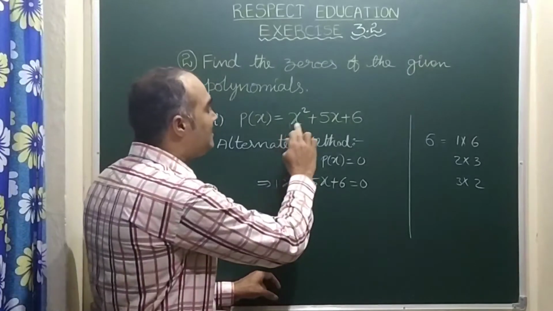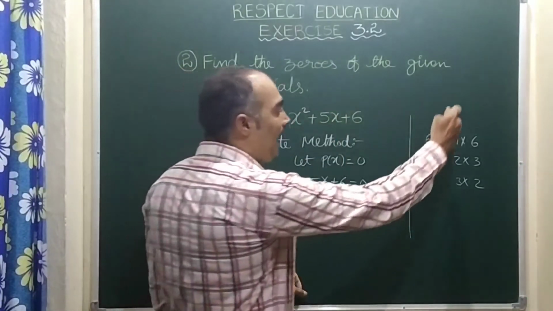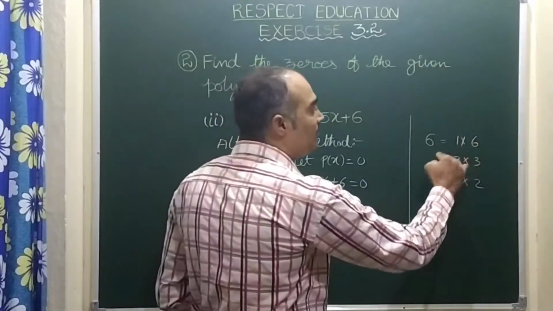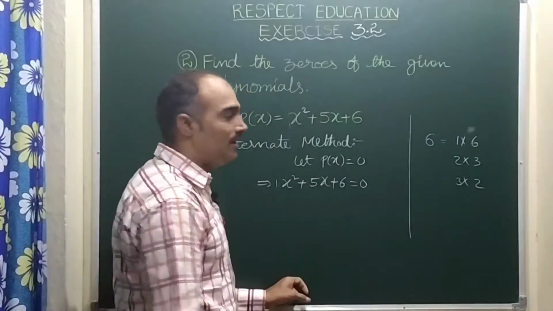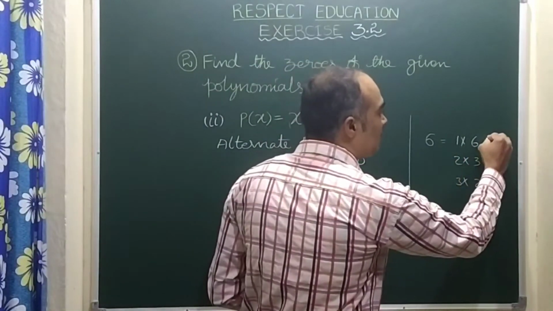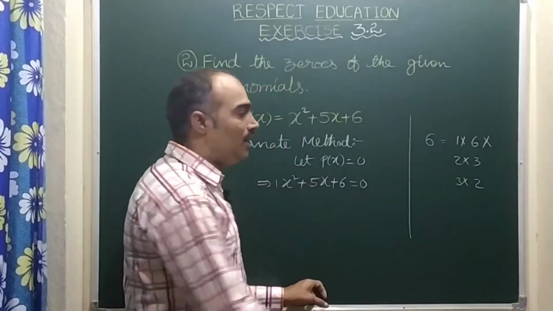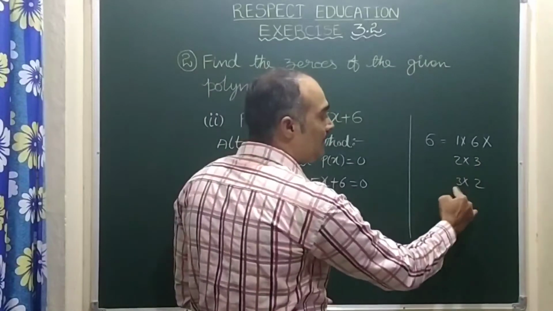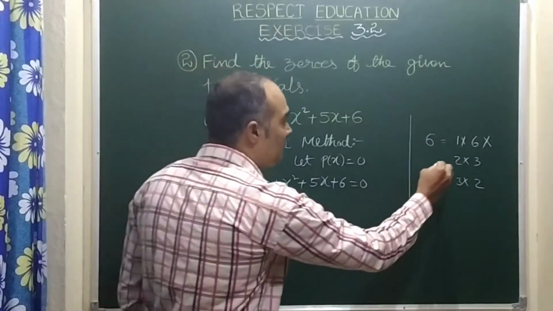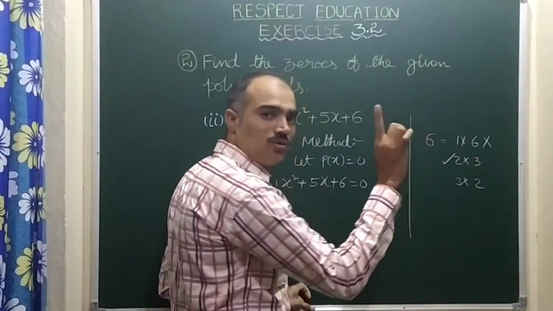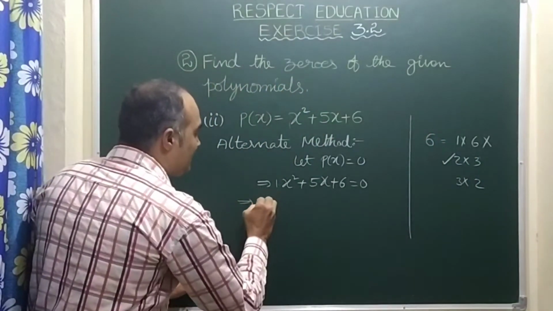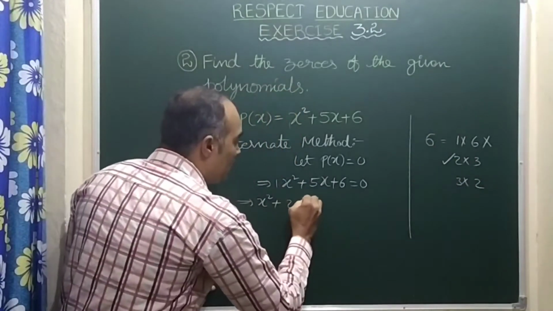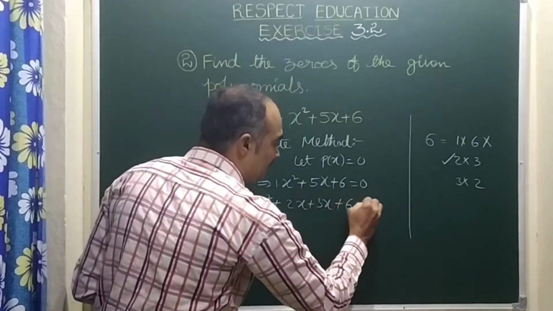Now here, as every term is positive, by adding which pair of numbers do we get the middle number, that is 5? Here you see 1 plus 6 is 7, that is not 5, so this pair is not suitable. 2 plus 3 is 5, 3 plus 2 is 5, so any one of them can be taken because both are equal. So let us take either 2 and 3, or else you can take 3 and 2 also, no problem. So I am splitting the middle term: x square as it is, 5x I am splitting as 2x plus 3x, and 6 I am writing as it is.